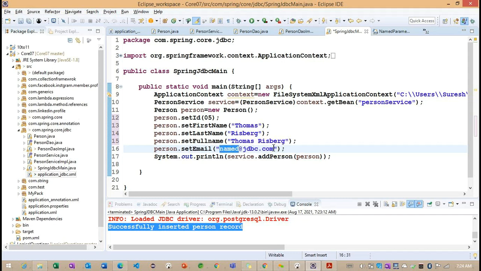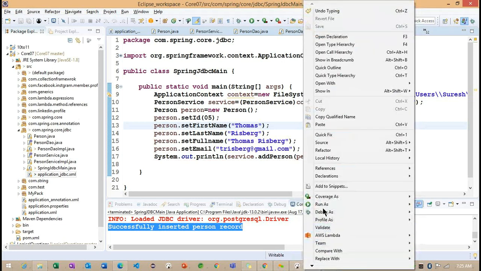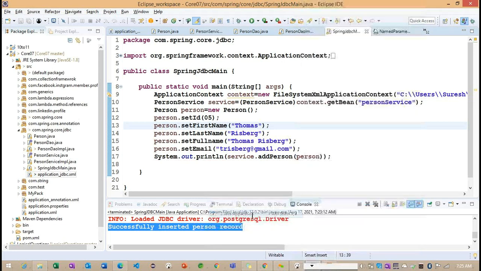Now what we can do. Getting the point. So this is all about the second record I'm trying to insert here with the help of this particular ID 5.